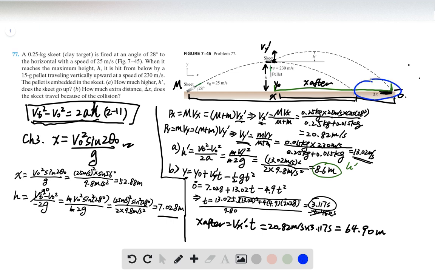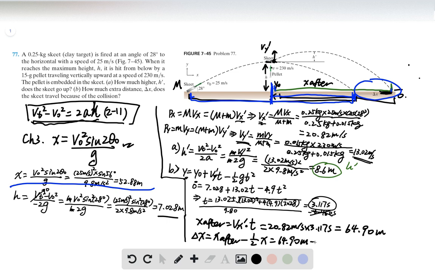And we know that because we already know what x is. We already know this distance. So then this much is just half of this distance, but at the same time, we know x after. So we just subtract half of x from x after. So delta x equals x after minus half of x. That is 64.90 meters minus half of